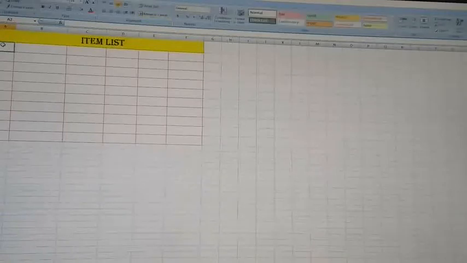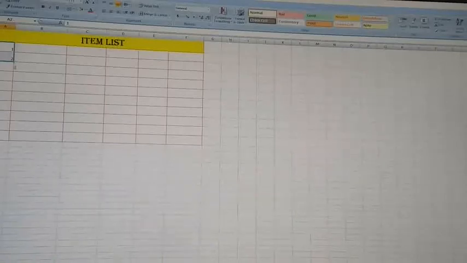Okay, suppose we want to make 10 numbers of data we want to load. So just one click, then two click, then drag it. No need to write 1 2 3 4 manually.